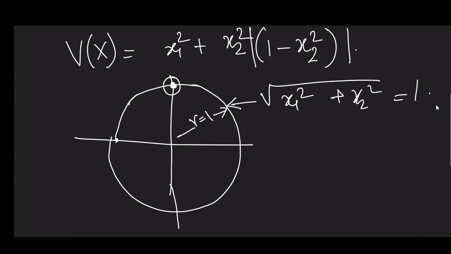Let's say the value is 0.99 minus x2 square. Perhaps you will realize that at this point you will have, like, why I am giving you this kind of example,